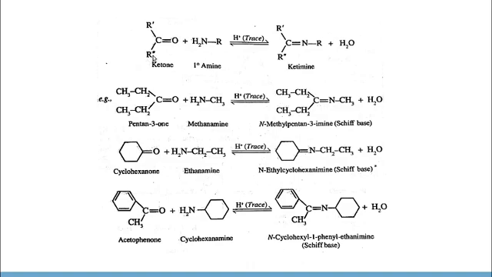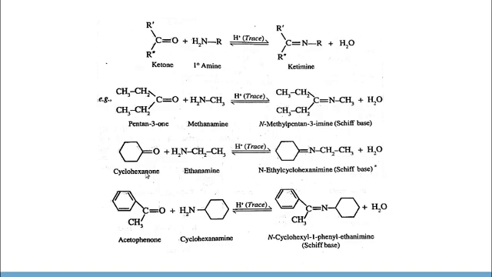See, these are the examples for the condensation reaction of ketones with primary amines. R-CO-R' on reaction with RNH2, in the presence of a trace amount of acid, we will get a ketimine. Here we have a C double bond N structure that is present in imine. Then an example, pentanetrione on reaction with methanamine, we will get the corresponding Schiff base, a ketimine.